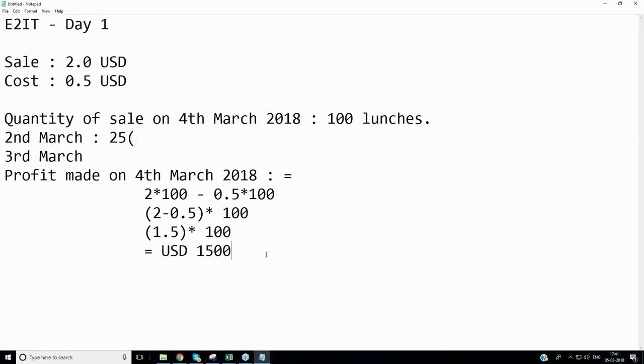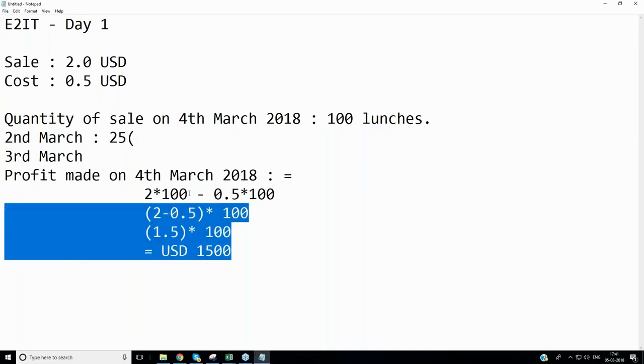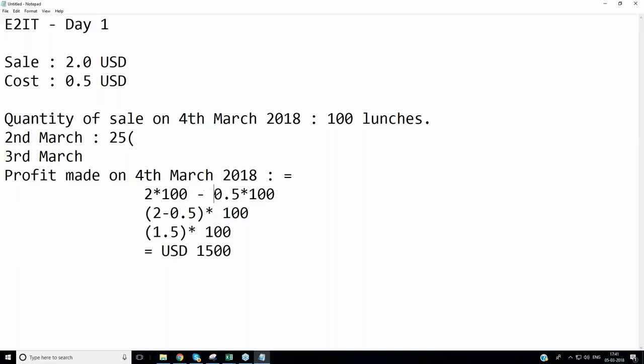Star, same pattern. So much I sell, so much I lose. How much? Calculation, 1500. So $1.50 is my profit per meal. 25 star 1.5. That is 2nd March. How much is it, team? 37.5 maybe US dollars.